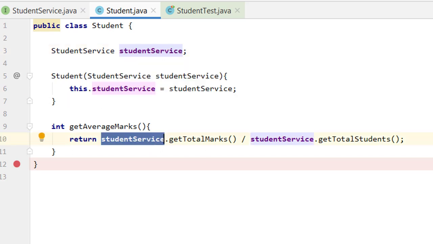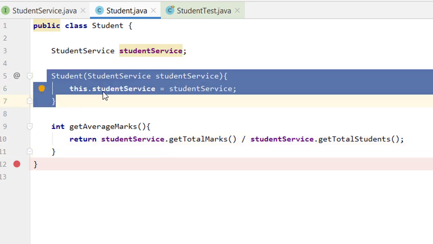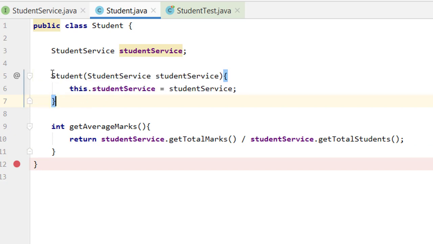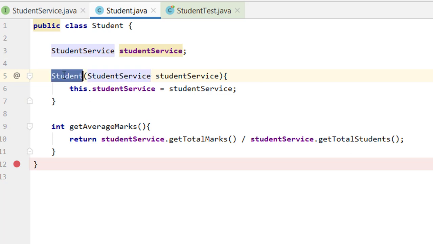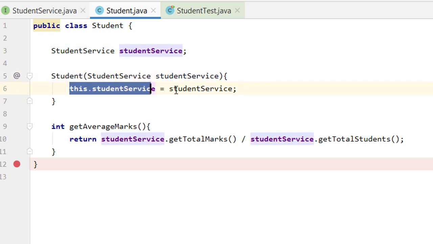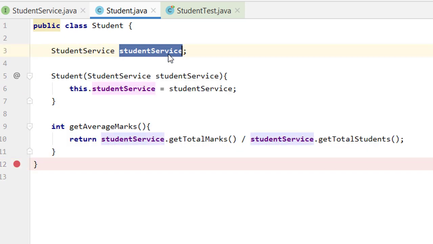Because this time we are having the null pointer exception because we haven't initialized this object, but right now this is our requirement that we need to get the object of it wherever this student class is called, and we will assign the object value to this particular object of the student service.